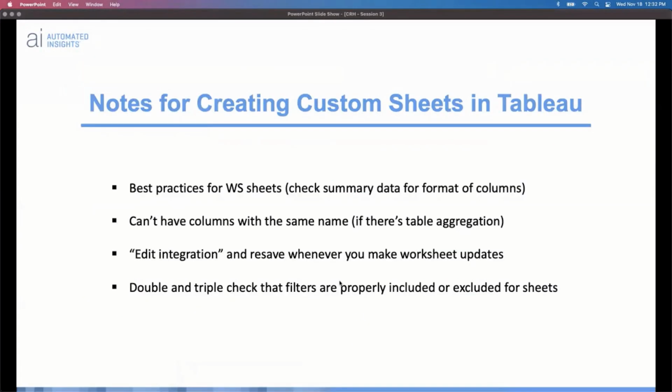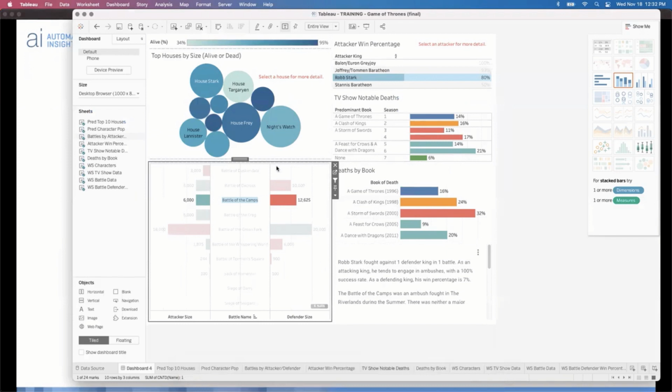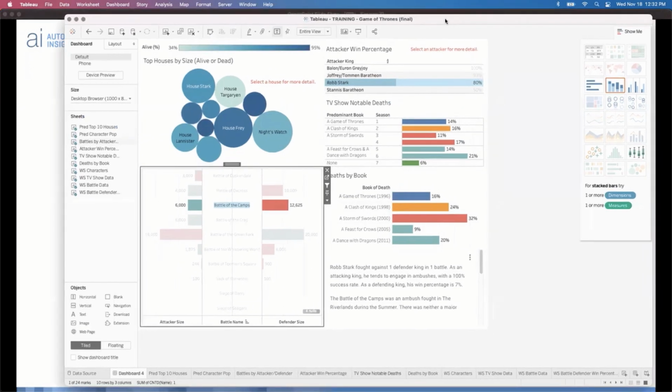And then real quick, the other things that I wanted to point out here within the PowerPoint, just a couple notes for creating some custom sheets in Tableau. The first one here is best practices for your worksheets, which is basically you want to check your summary data for the format of your columns. And it's been a long time. We probably talked about this in the first session, but it's probably worth pointing out because that was way back